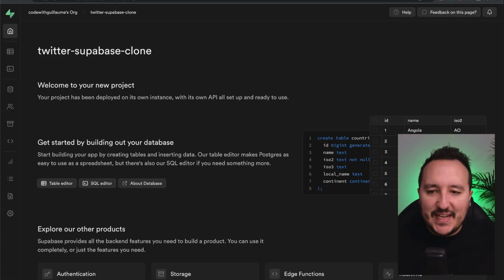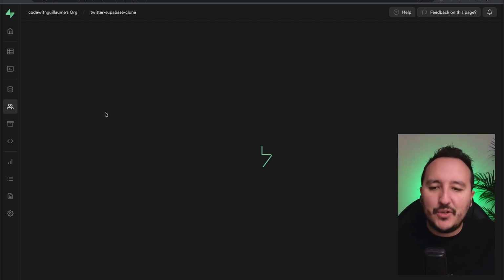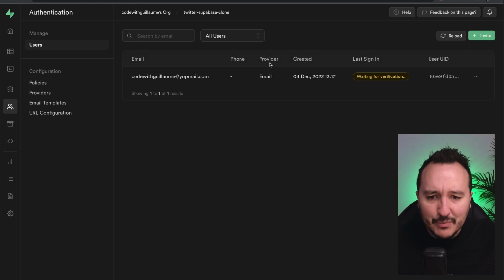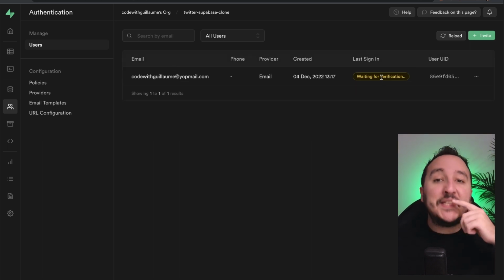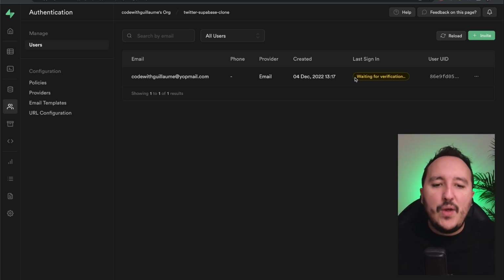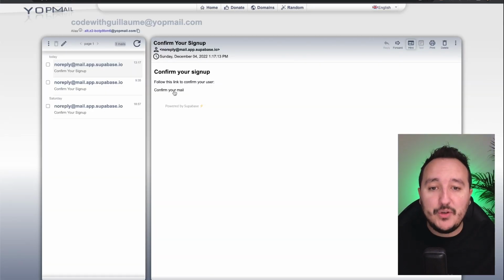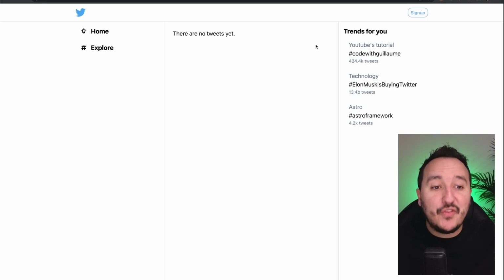So first, let's get back into our Supabase dashboard and go to authentication on the left. I'm supposed to have Code with Guillaume entered, but we are waiting for verification. Until I click on the email, I will not be registered as a regular user, okay? So I will go back to my email and click on confirm your email, and here nothing happened